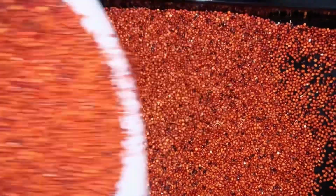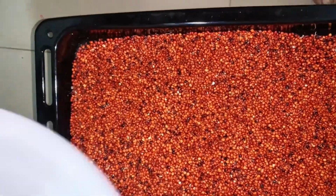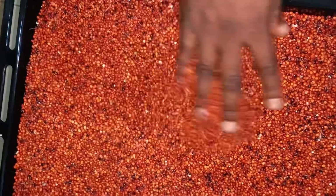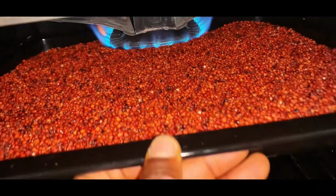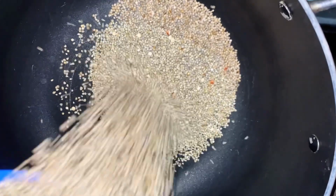This method is very easy for me, but for the sake of this video, I'm going to show you another method in case you don't have an oven. So if you have an oven, go ahead to roast them with your oven. But if you don't have an oven, you put a clean dry pot on fire and then you pour in